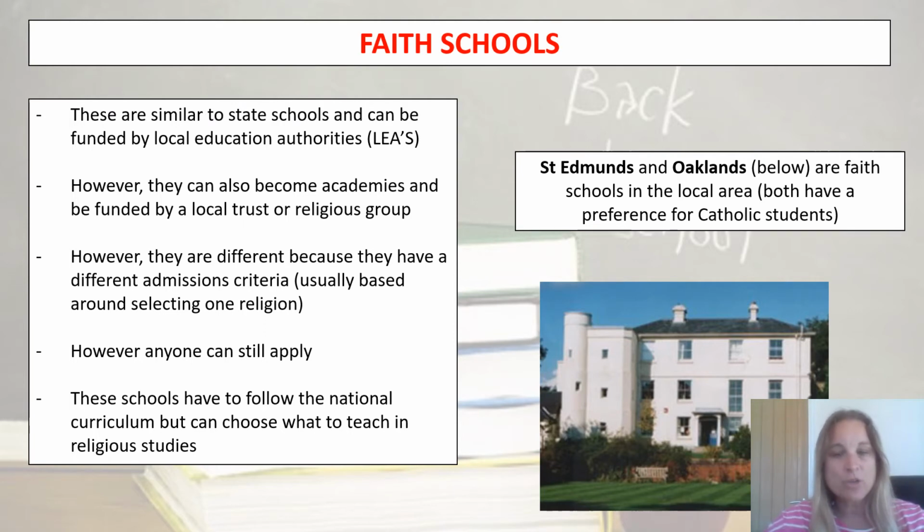So, for example, in a normal state school, the first admission for coming to school, after we've allowed people to come who've perhaps got a special educational need, is students who live in the catchment area or have a brother or sister at the school. In a faith school, after we've looked at students who have a special educational need, the next reason down that children can select the school is usually that they are of that faith. So all the Catholic children would be admitted first to St Edmunds, for example, then all the Christians, and then they would look at catchment or siblings and so on.